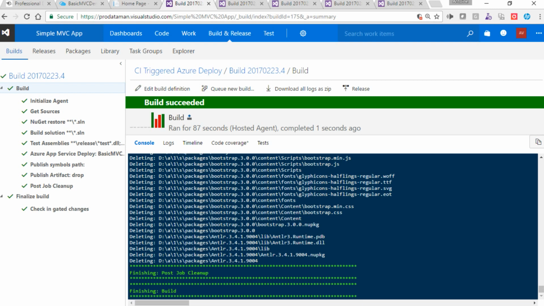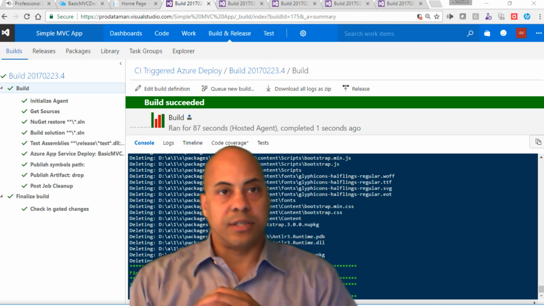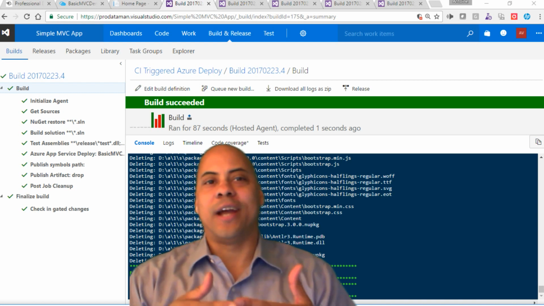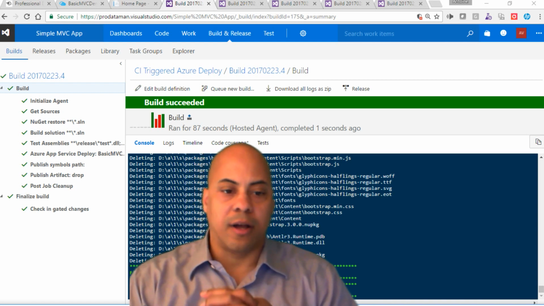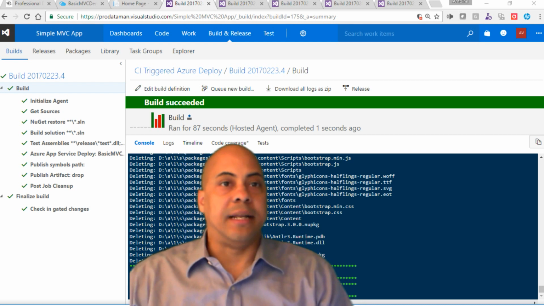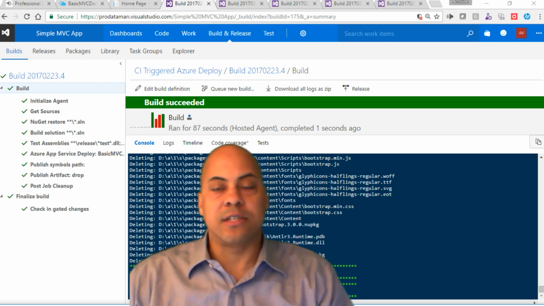So there you have it from beginning to end. A simple CI demo in Visual Studio Online or Team Foundation Services. Basically what we did here is we created a new team project, and then we dropped new code in that team project that we created, made some changes to that code, not really, and then we checked that code into source control, which fired off our automated build, and then that automated build allowed us to run automated tests. And once all the builds and tests succeeded, we finally deployed that solution out to Azure